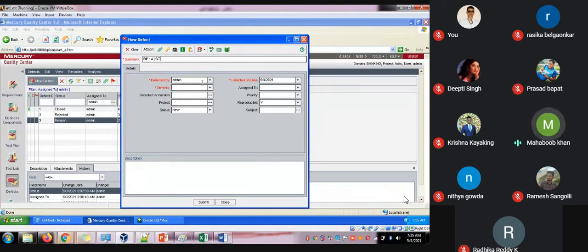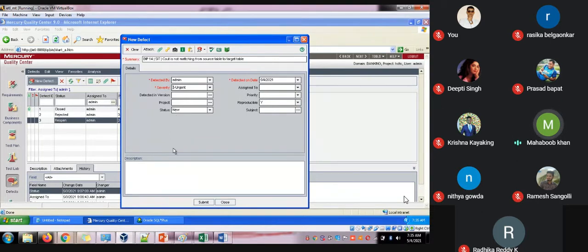So when you see here, each and everything, whatever it is there, medium, if the defect environment is SIT, you will write down what exactly the issue is. Imagine the count is not matching from the source table to the target table. So if the count is not matching, then it is a high severity. If you want, you can keep it, or if you don't want, you can leave it off.